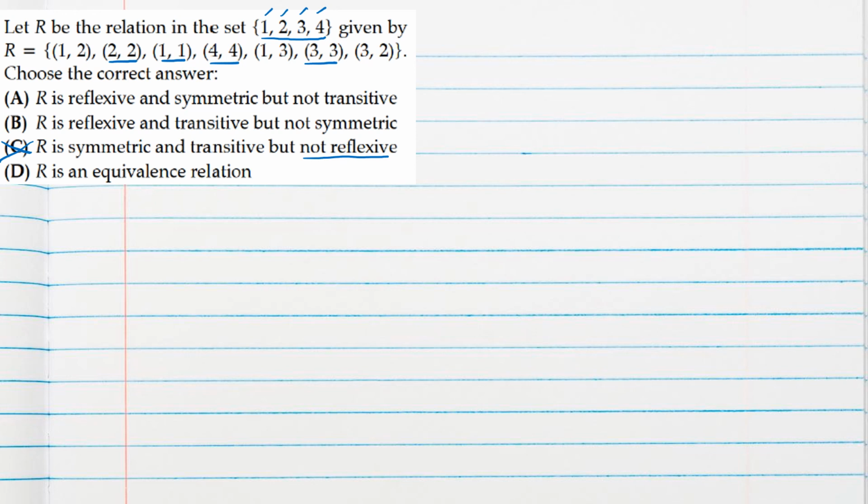Now to check symmetric, we will take (1,3). Suppose (1,3) is given but (3,1) is missing, right? So it is not symmetric. Not symmetric means this option can be our answer. Symmetric given is not possible. Equivalence given, see, if it is not symmetric, it cannot be equivalence. So directly, without checking transitive, we got our correct option. Like that you have to check, so that way you can save your time for other questions.